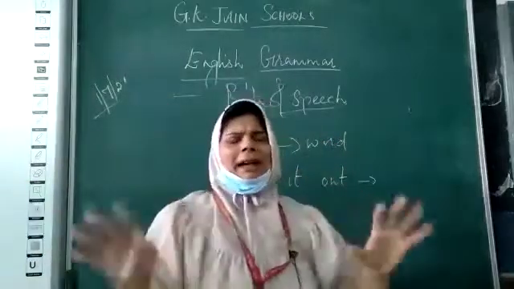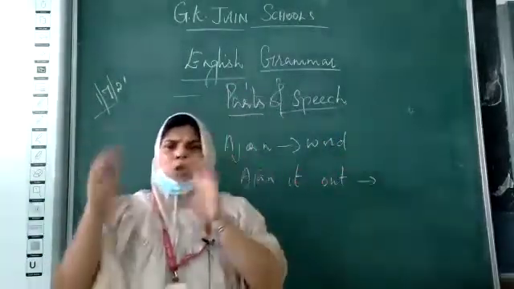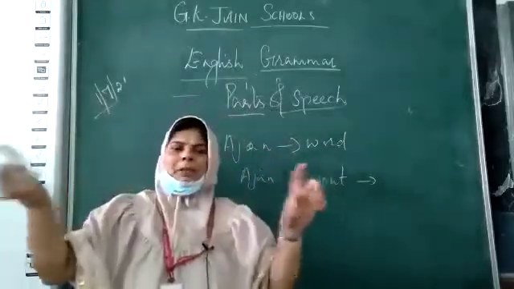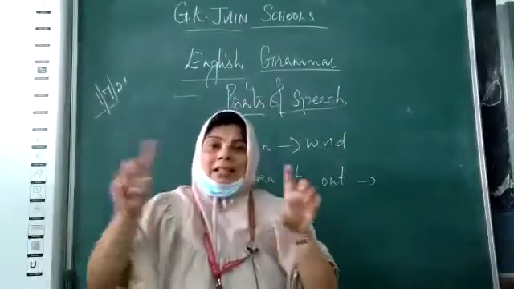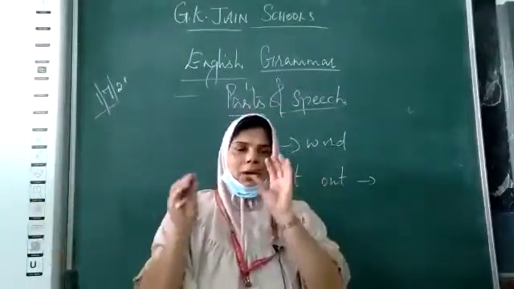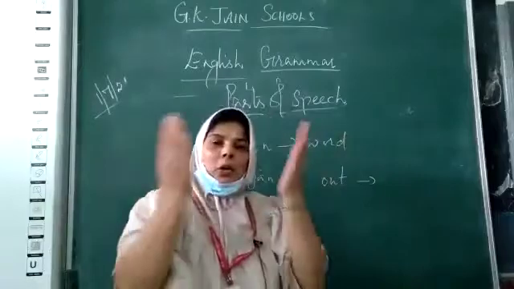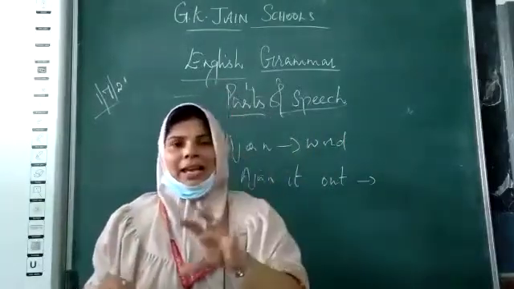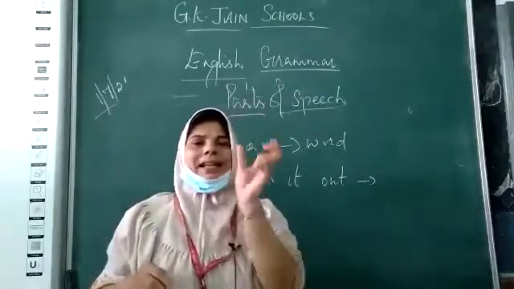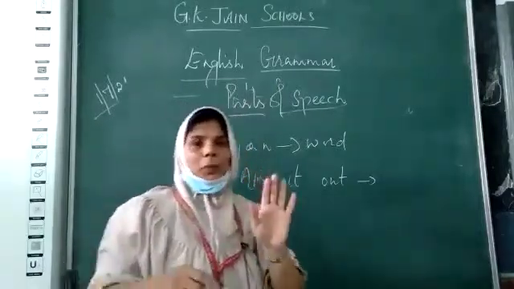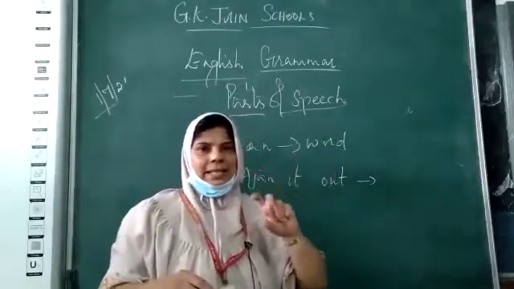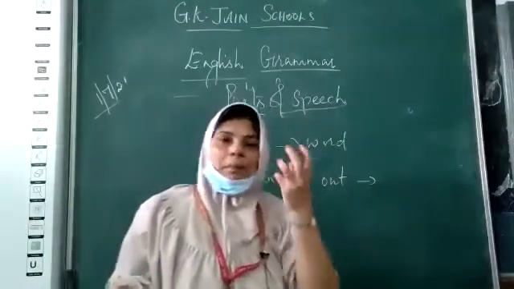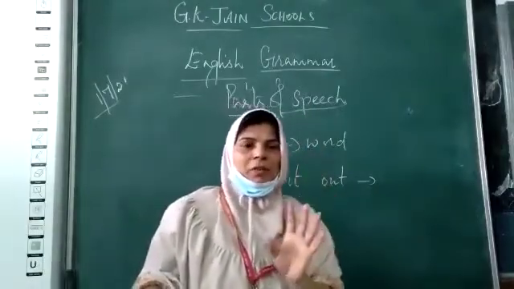Now for example, randomly I'll just tell you some words like out, look, take, buy. This out, look, take, buy, when I align it together, it's called a sentence. So a group of words is called a sentence, and when you bring alphabets together, like two letters or three letters or four letters, that's called a word. So I hope you have understood what is a word and what is a sentence. If you don't know that, it will be difficult for you all to understand what are parts of speech, which is the basic of grammar.